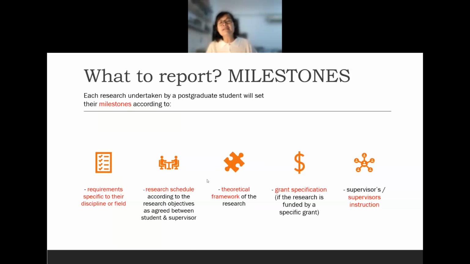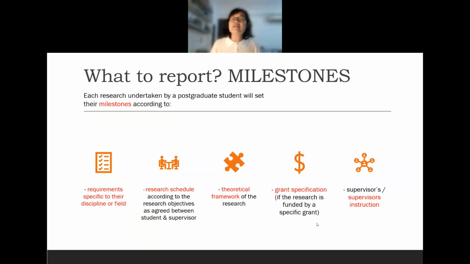You do the theoretical framework of the research. And then you also write about whether you have a grant. Most people have a research grant, meaning a government body or some kind of body gives you money to do research. This is what it means by funded by a specific research grant.